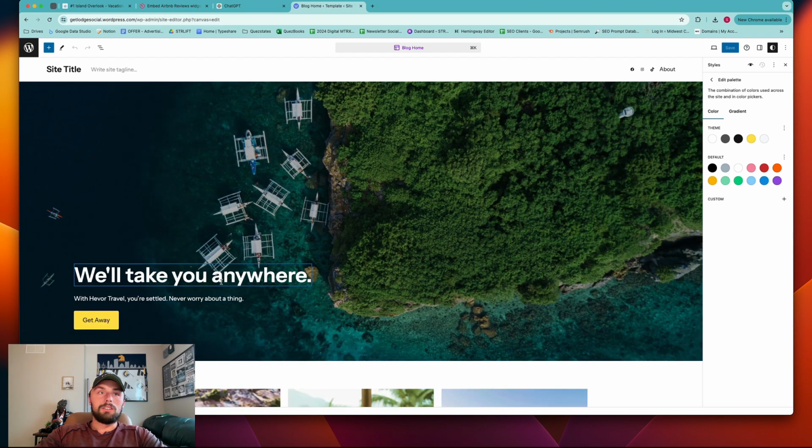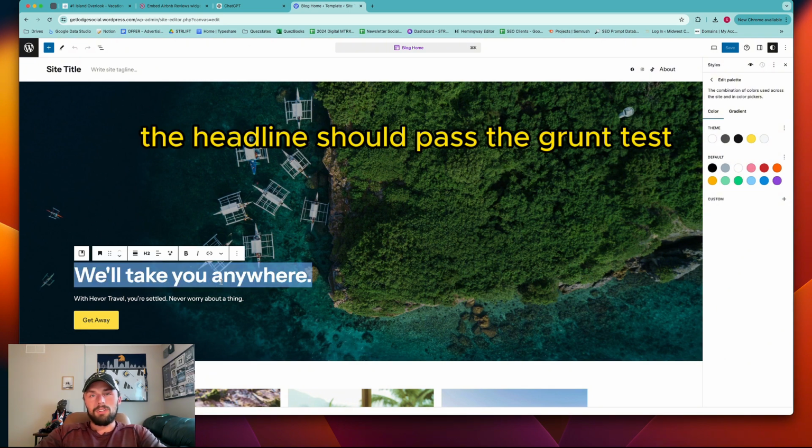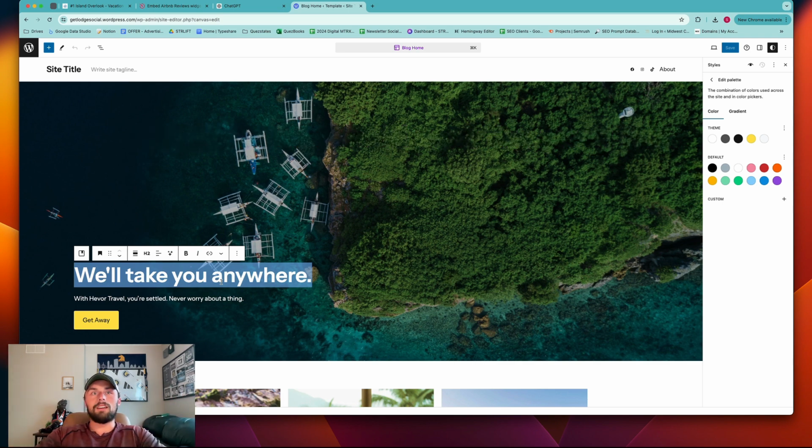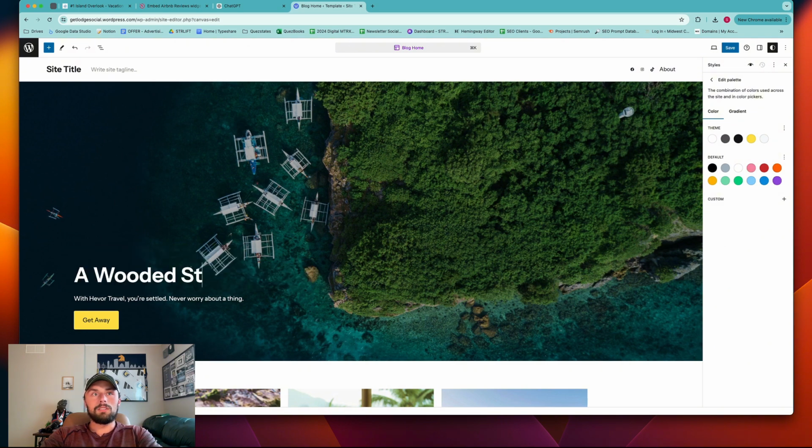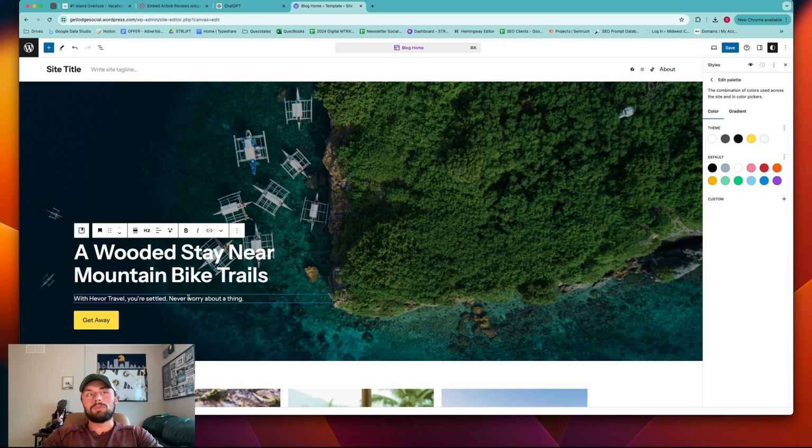So the first thing we're going to do to create a direct booking website is to add a headline. And this headline needs to pass the grunt test. So you don't want to write anything like a picturesque stay or something super broad. Rather, we want to write something like a wooded stay near mountain bike trails. Because it's a little bit more specific, and when somebody from your ideal audience comes to your website, they'll know that your property is the place they've been looking for,